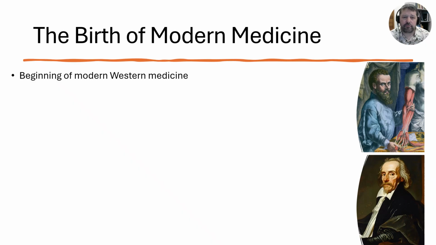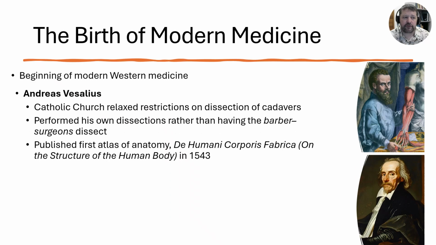I would say you start to see more scientific documentation, and Andreas Vesalius was the first to do that. His Atlas of Anatomy, published in 1543, was really about being anatomically